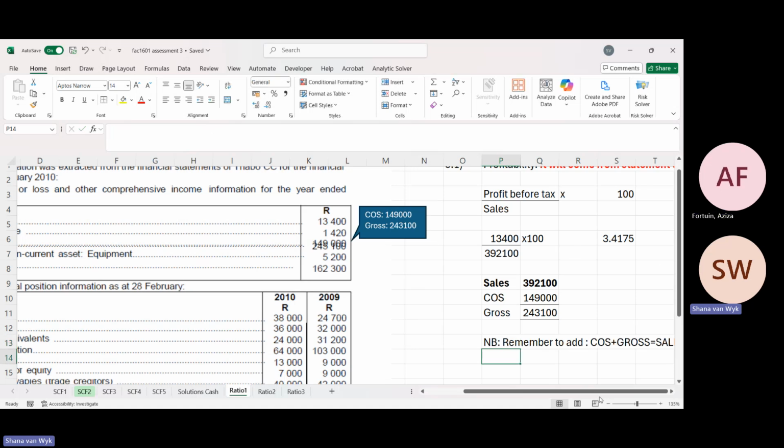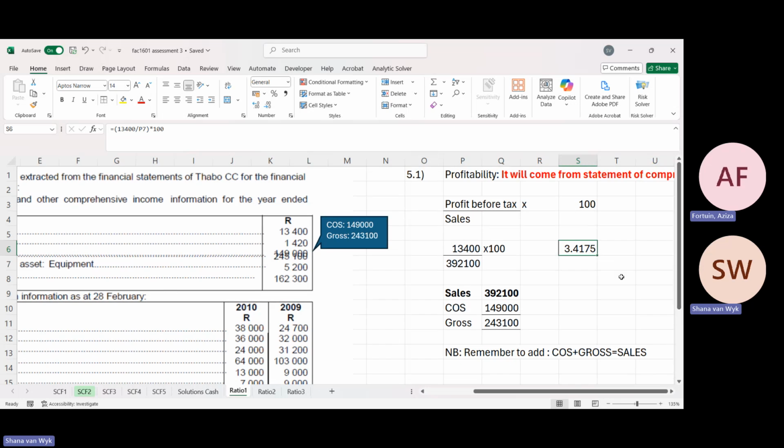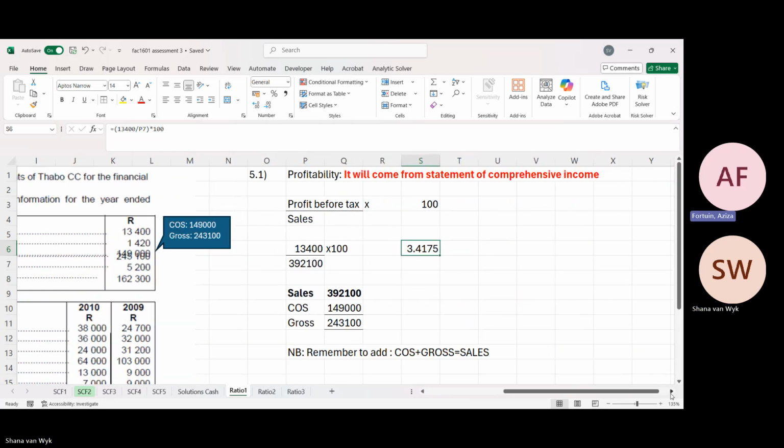Okay, what I also wanted to ask. So in my notes, I don't know if they maybe can ask in the exam, what does this ratio mean? Yes, you must know what it means, if it's larger than 1 or smaller than 1. This is measuring your profit to your sales. They do ask that. So you can just say that the operating or the gross profit margin is 3.42. It's actually low, but what industry is this?